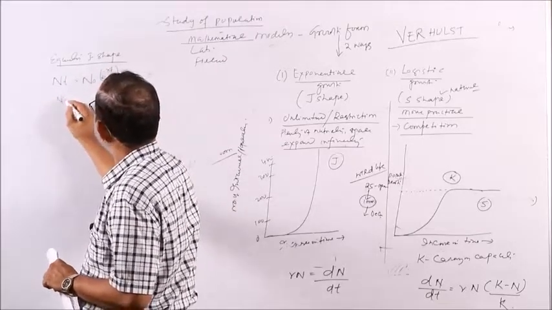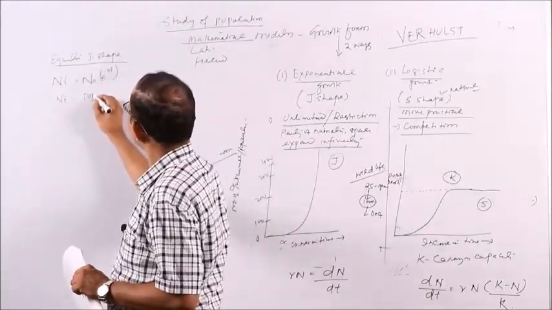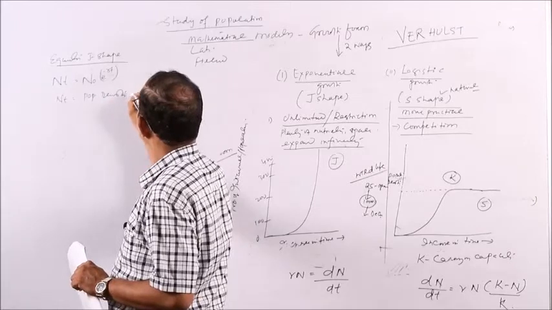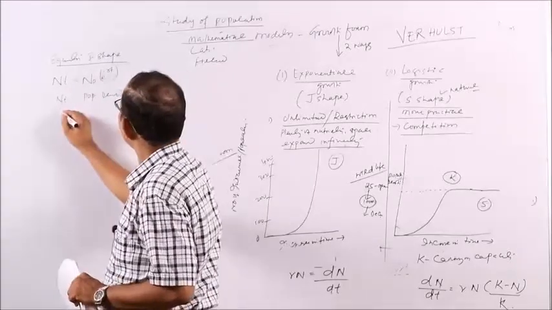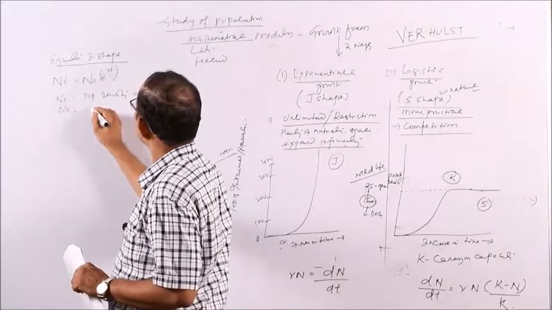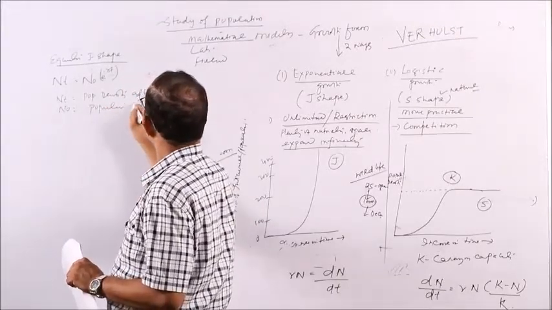What is N t? It is the population density after time t. N 0 is the initial population density